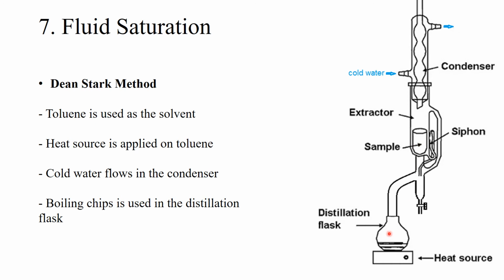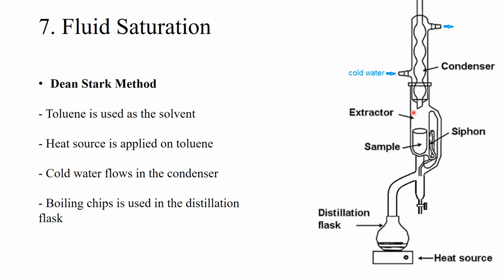And once we heat the toluene, it goes up and starts dissolving the crude oil from inside the core. At the same time, since the toluene temperature is higher than the water boiling point, water also starts evaporating. Both of them go around the condenser, which has a stream of cold water going from below to the top. And then once it gets colder, these two phases start condensing around the core, and they start filling this